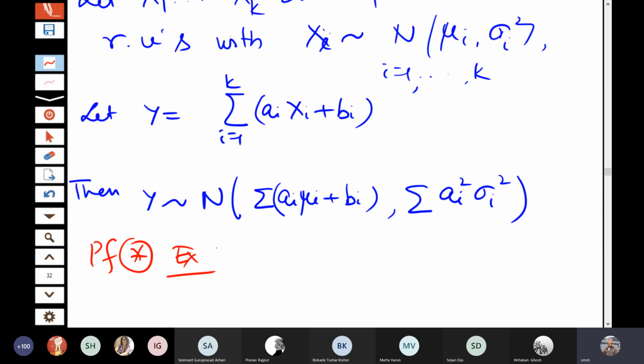In the next class, I will give you some applications of these results, and then we will move over to other transformations. Here I am considering only linear transformations or additions, but we can also consider transformations of random variables, like X square plus Y square or another kind of function of two variables or more. For the results there, we can use the Jacobian concept, which I will explain in the next class. I will stop today's class at this point.